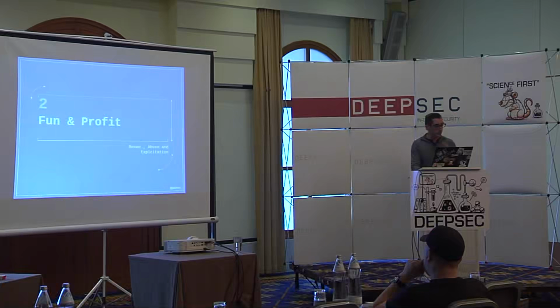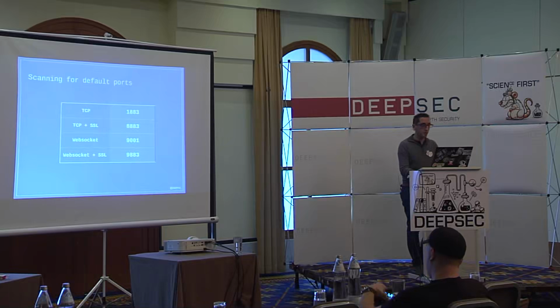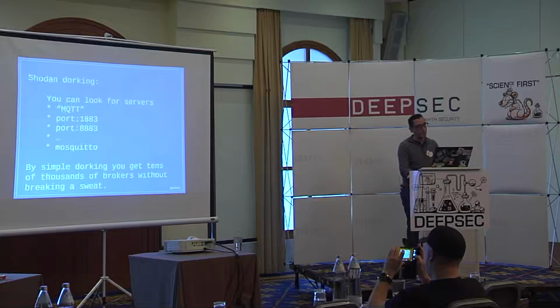Okay, let's get to the part of fingerprinting. When we're talking fingerprinting, that's how you discover those machines on the internet. If you use Shodan, or if you just mass scan the internet, you'll get those default ports. That's the straightforward way to do it. Other than that, you can search for MQTT and specific ports, as we said, and even Mosquitto itself will show up time and again.